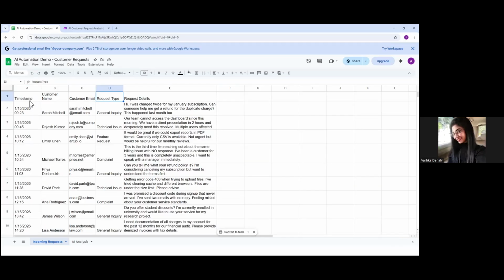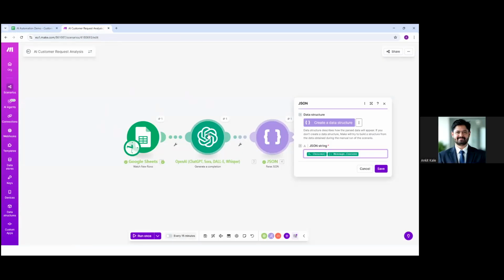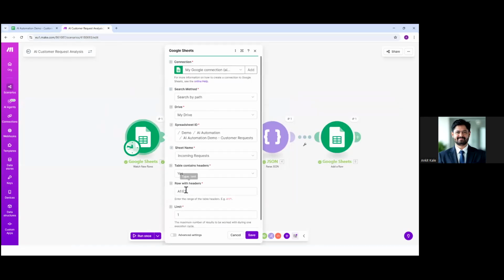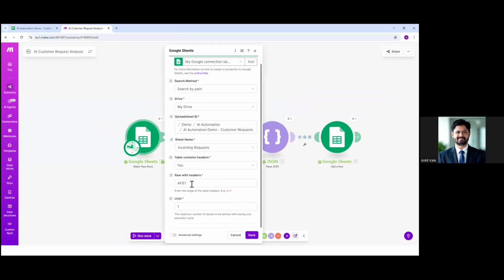The structure over here will remain the same, and it is analyzing the structure, on the basis of what input we are giving. Over here I have just given the row headers as an input, nothing else is fixed. Every row which is getting added over here will get analyzed.